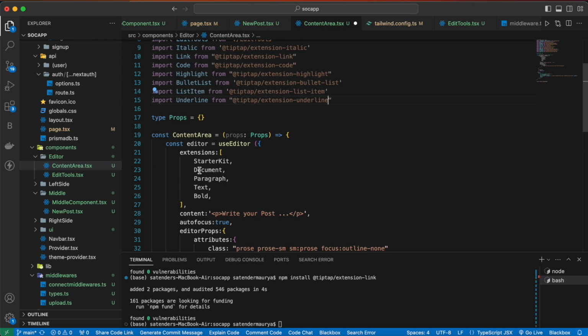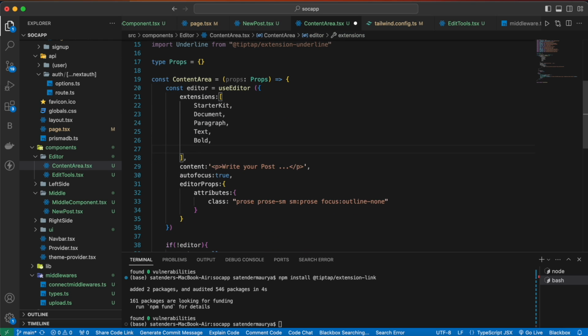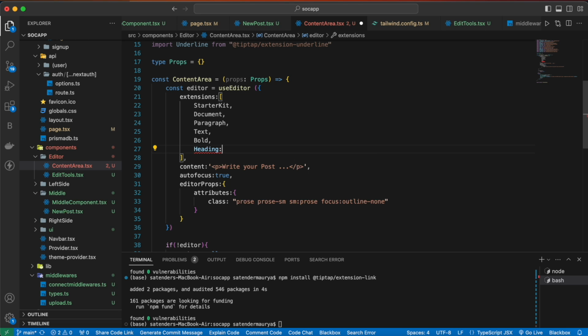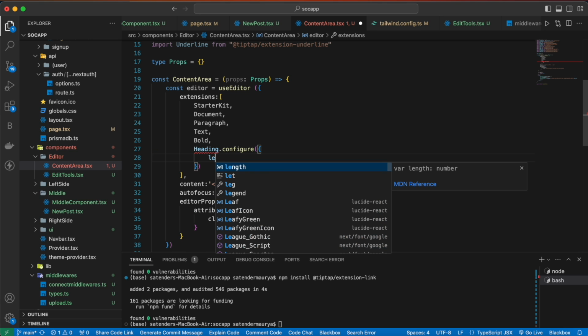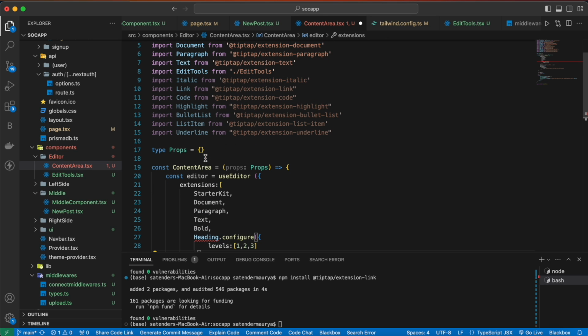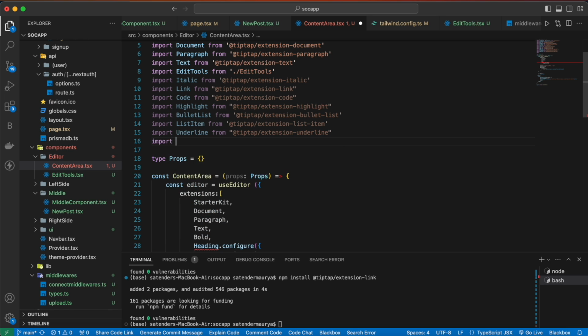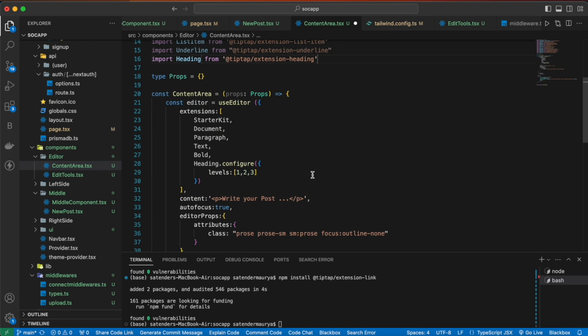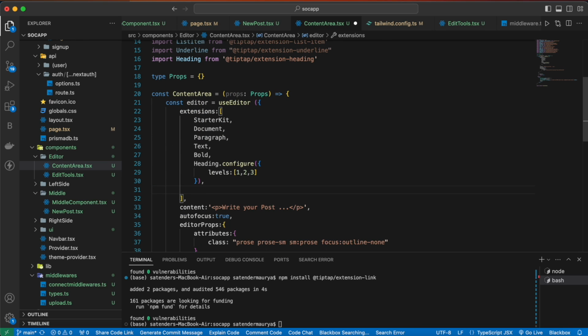And now let's add these to our editor. So after bold, let's add heading, and we are going to configure it so that heading dot configure, and inside that we are going to pass levels. So levels will be 1, 2, 3. So we are going to have 3 kinds of level. So let's import this as well, since I forgot to import it. So import heading from tip tap extension heading,